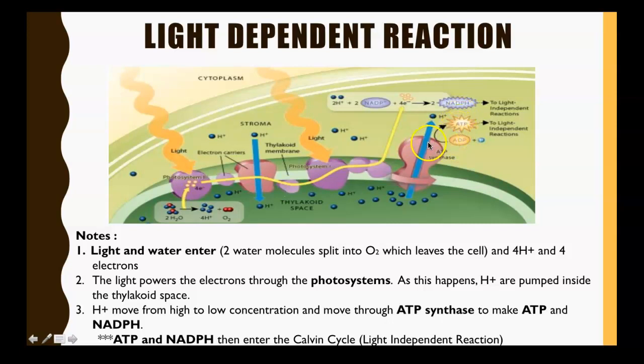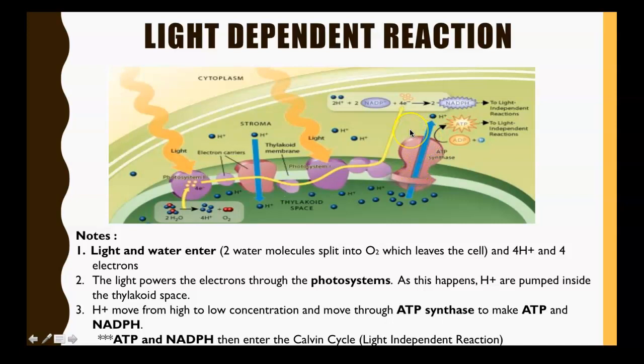Now, how do they do that? This ATP synthase. If you break down the word ATP synthase, ATP means adenosine triphosphate, and synthase means to synthesize something, or to make. So what are we making at the ATP synthase? We're making ATP. So to backtrack a little, these hydrogen ions are going to travel through the ATP synthase,